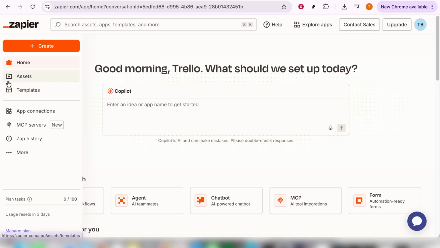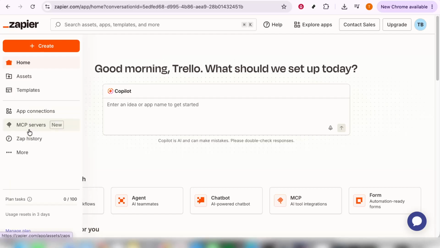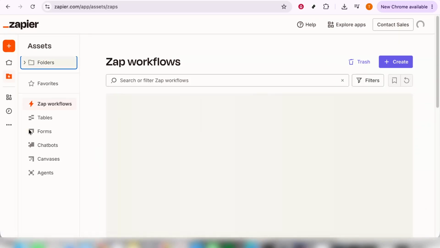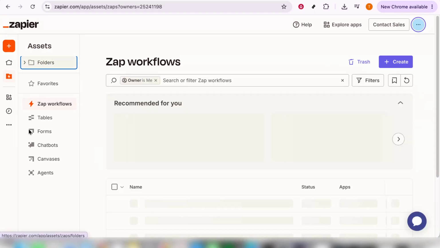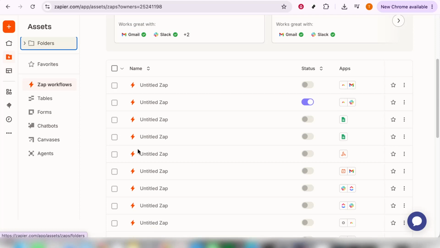Within your Assets pane, the key is to locate and click on the section labeled Zaps. This part of the dashboard lists all the Zaps you've created. It allows you to have a comprehensive view of your entire automation configuration. Remember, a Zap is simply an automation, meaning it is a series of tasks that completes on its own once